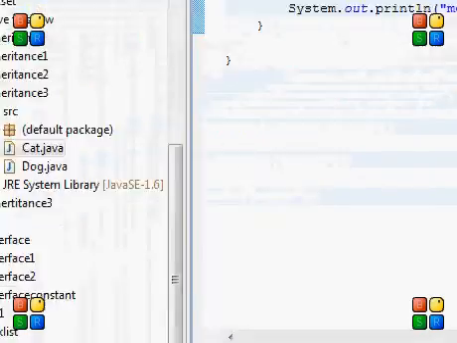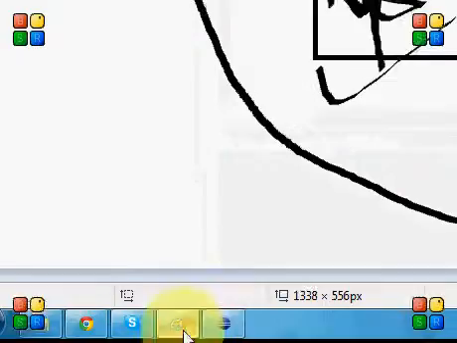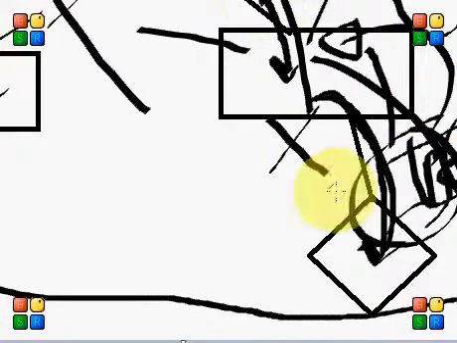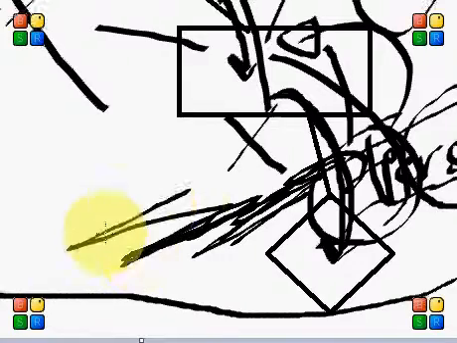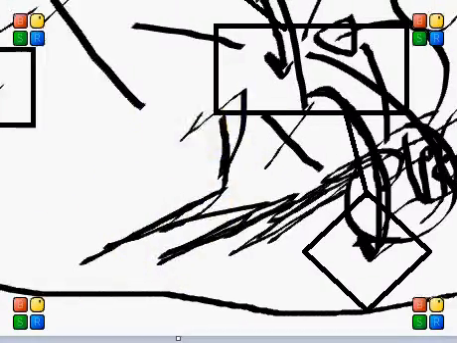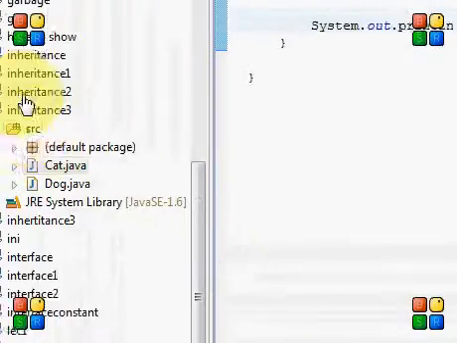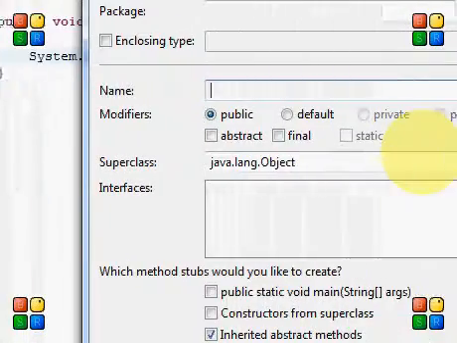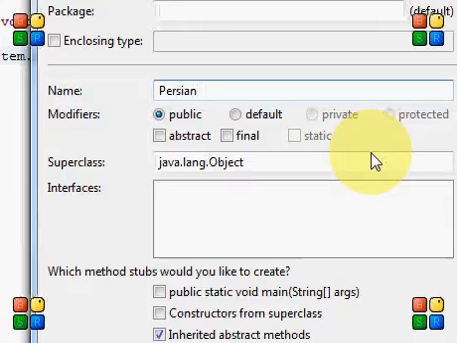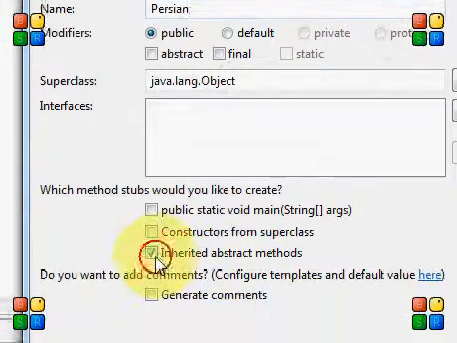Now we'll create our Persian class here. I don't know if you can see this here, but we created another class which is Persian, which will inherit the Cat class. So let's create that. New. Okay, let's name it Persian. Not sure of the spelling. This is okay. So Persian